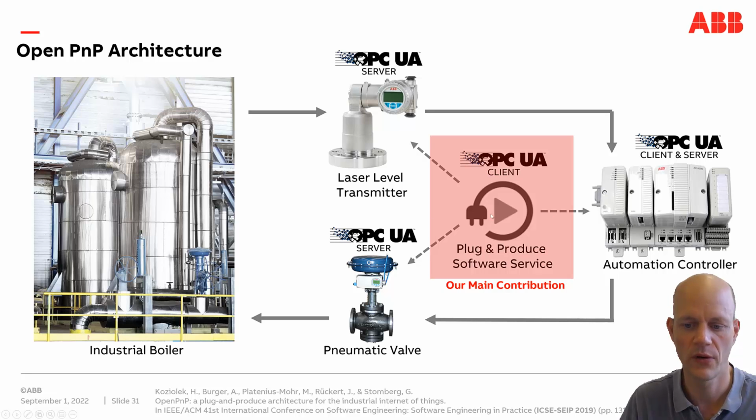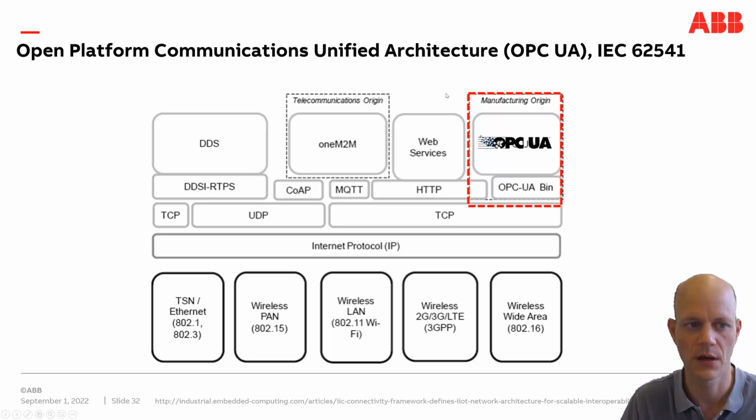This is our main contribution, the service, which can be plugged into different plants if we have all sensors equipped with OPC UA servers. OPC UA is the Open Platform Communications Unified Architecture, so it's a machine-to-machine communication protocol on top of TCP/IP. There's a binary protocol also available, but you can also communicate OPC UA via MQTT, for example, and the special capability of this protocol is that it has a very sophisticated information model. You can define very extensive and elaborate information models for your devices or your different controllers,